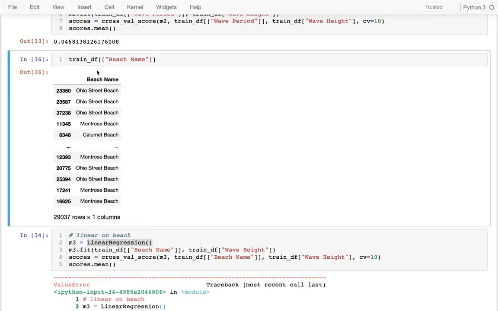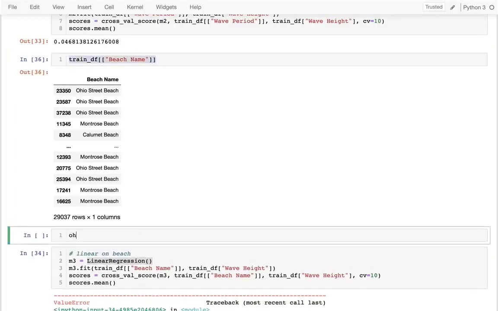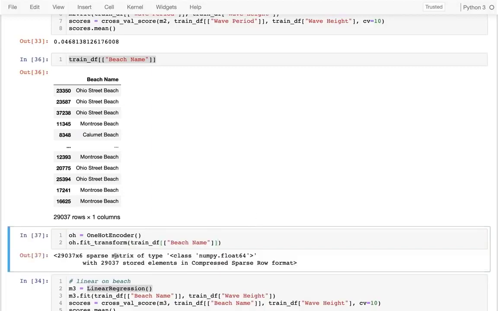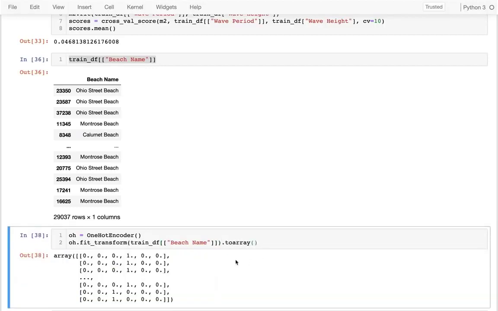The idea that we're going to use instead is called one-hot encoding. And one-hot encoding looks like this. One-hot encoder. It's going to be like that. And I can say one-hot encoder.fit_transform. I'm going to fit transform this data right here. And I get this weird thing. It says it's like a sparse matrix. We're going to eventually learn more about that, but I can convert it to this thing, which is a